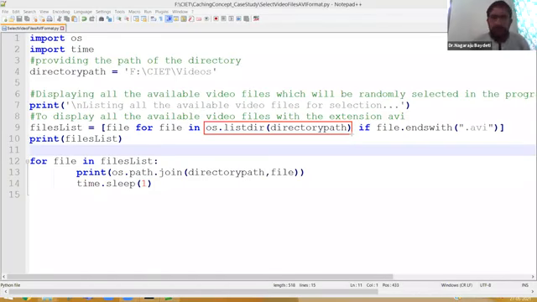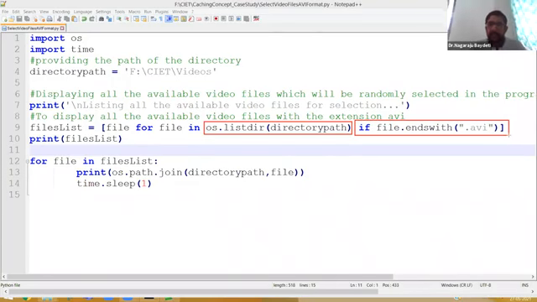Now, I don't want all the files in that particular directory path. So I am giving, everybody see, if file.endswith. What is file? endswith is a string method which will search. For example, what is a file here? File is just a string. What is that string? That string will have the file name. Now that string dot endswith.